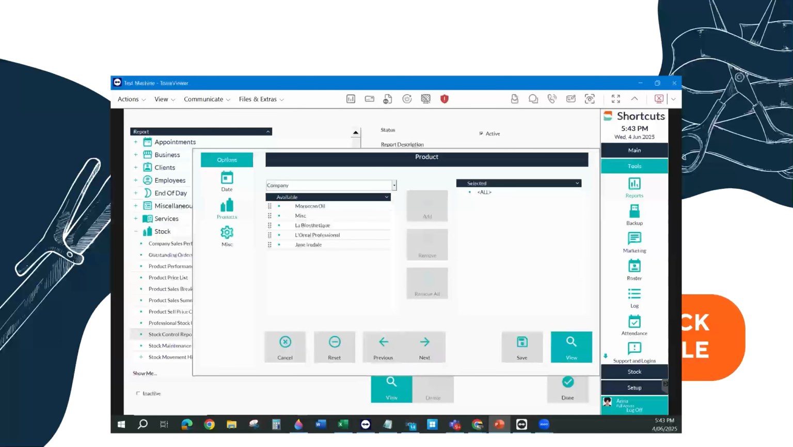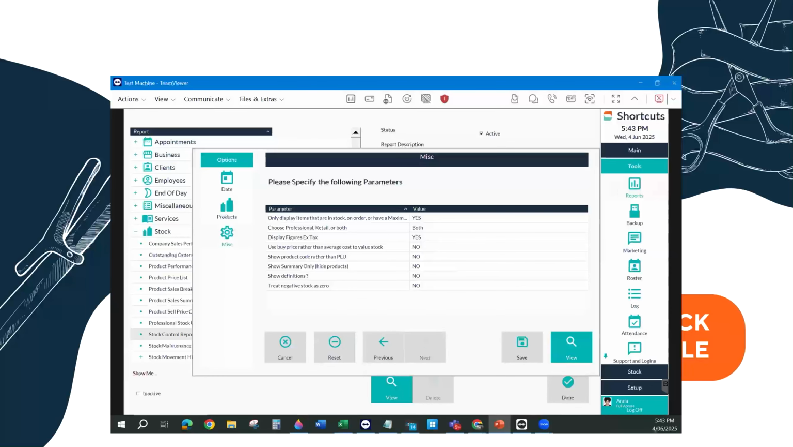can go across to the options here if you don't want to see absolutely everything and do a range at a time. Or you can come into miscellaneous and choose different options. So only display items that are in stock. Do you want professional or retail or both? Do you want it in tax, ex tax? So it's got a lot of different options here so that you can change and customize that report to your